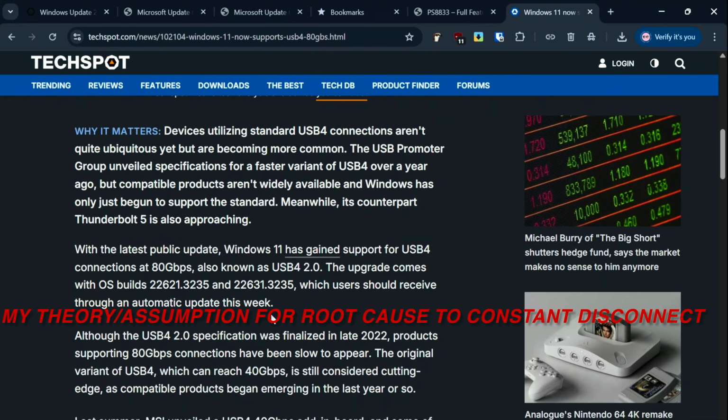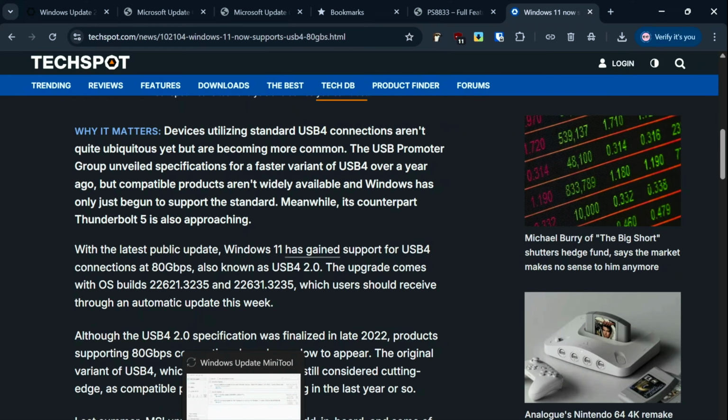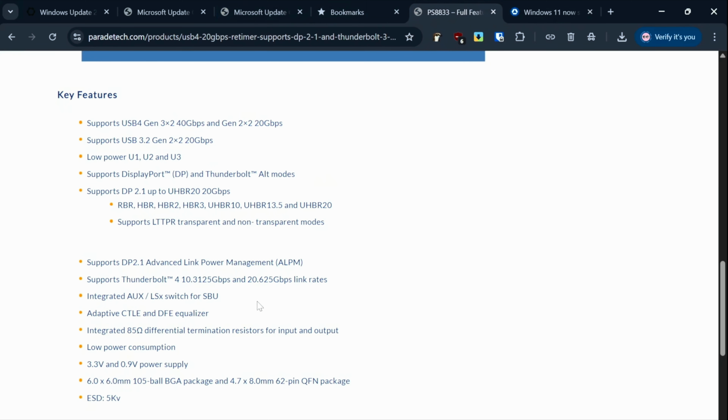This could be pushing a lot more data, not power but data, that is out of spec, and that was constantly switching the UT3G module from off to on,